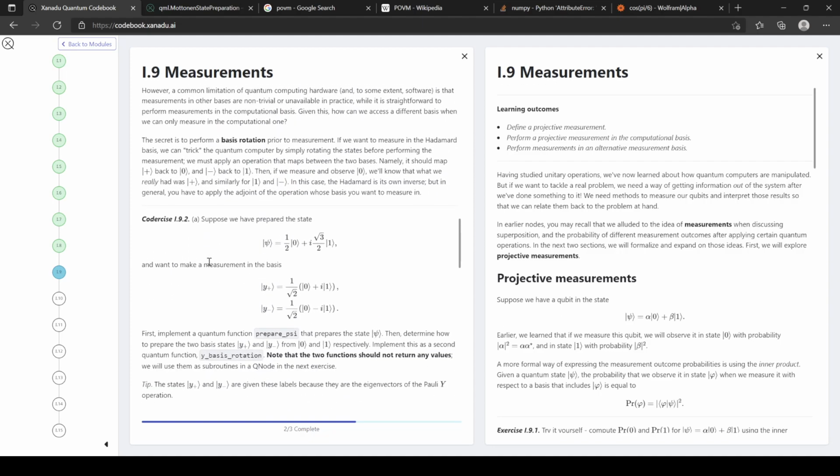What exactly are we doing? Okay, so we have this state and we want to measure in the plus or minus basis. So then we can